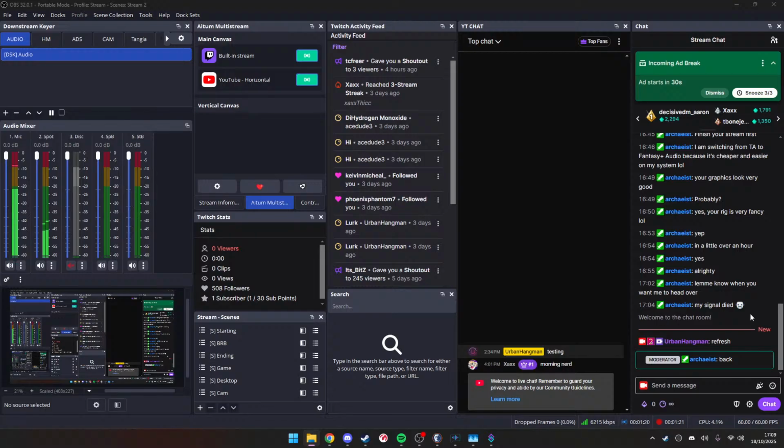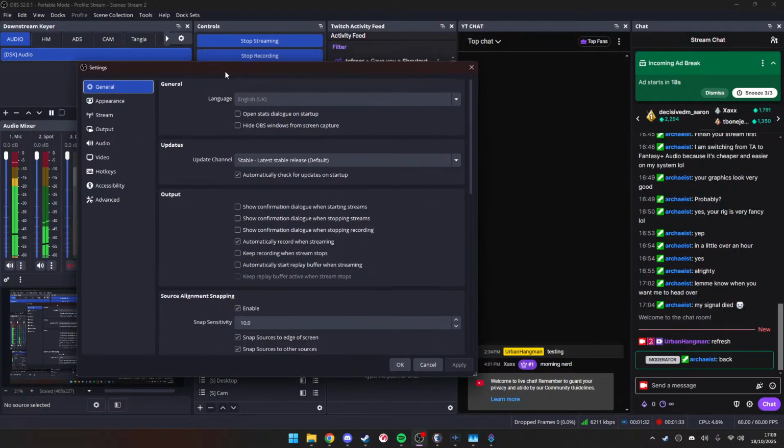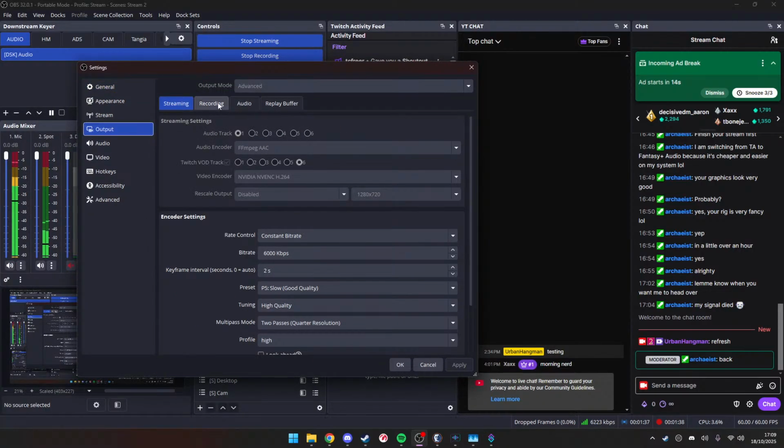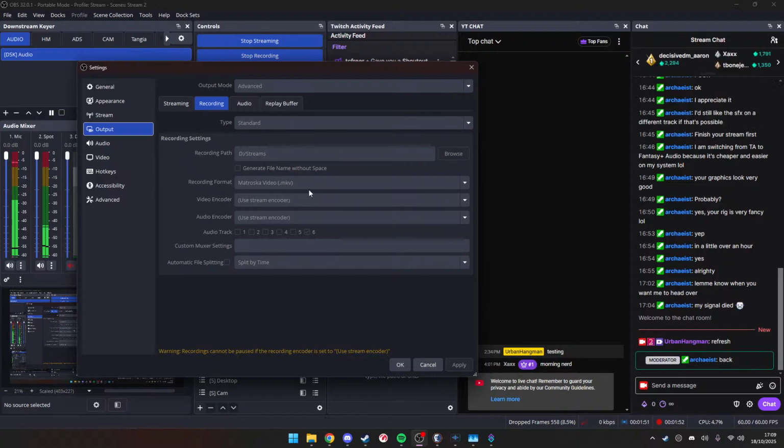So, Ian, the way that I do my stuff, ignore the fact that this OBS is massively cluttered. But in your settings, under recording, you basically set where you want it to go, use MKV as a format, because